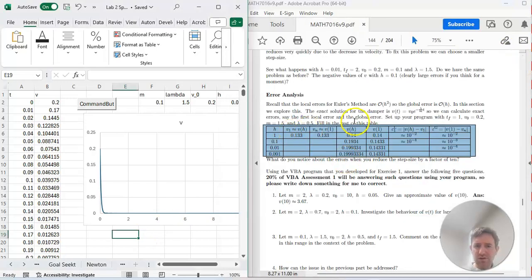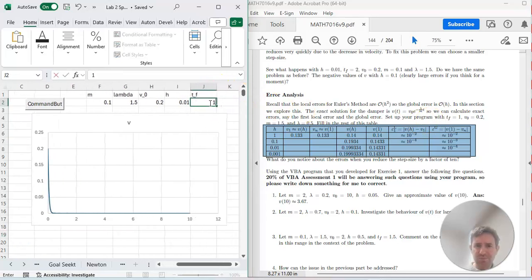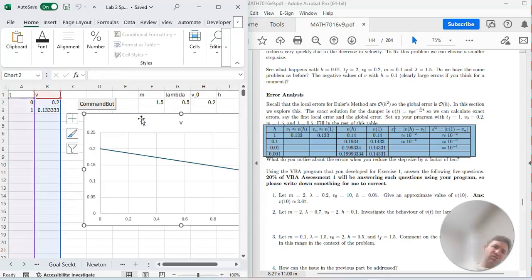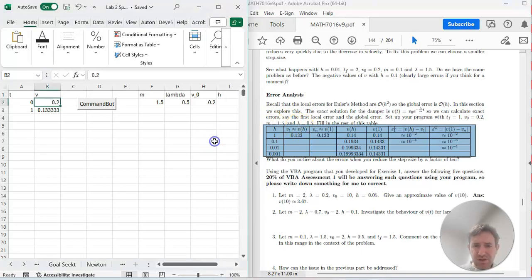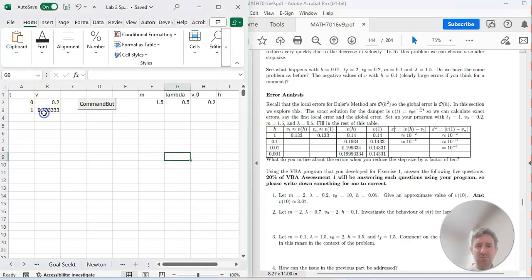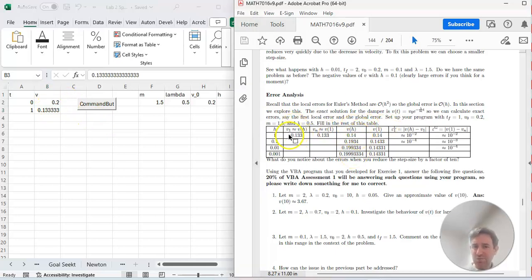Okay, so what you have to do here, set it up: final time of 1, initial velocity 0.2, mass 1.5, lambda equal to 0.5, and the initial h is 1. Okay, so we don't really need this picture here. So this is the first one. V1 is the first velocity, 0.133. And then Vn is the final velocity, 1.33 as well. These are the exact values. So we got 1.33. It should be 0.14. And the local error is the error after one step, the difference between these, which is in the second decimal place,